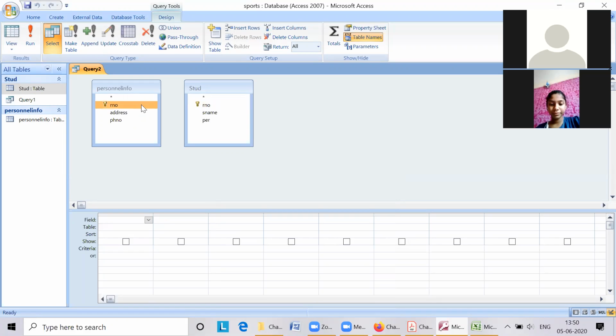Yes. What I will do, I will select this and I will drag this over here. The relationship is established. Can you see the relationship? Yes, sir. Now I required student roll number over here, student name over here, and I required the personal info phone number over here. I will put a criteria 3 and I will execute the query.